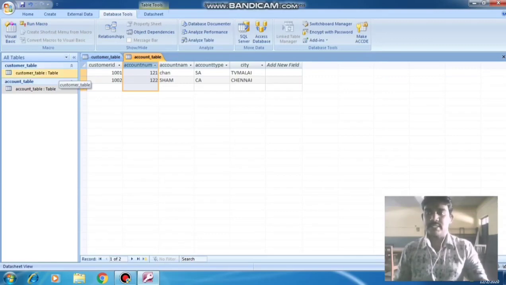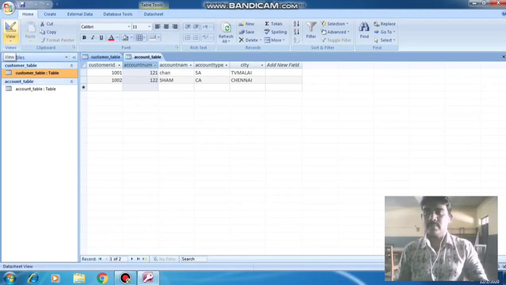First you have to select the customer table. As I told you in the definition already, a primary key must be set in all the tables; that is a must. So we must add a primary key in each table. How many tables you are creating, in each table we have to add a primary key. Select the customer table and go for the view option.